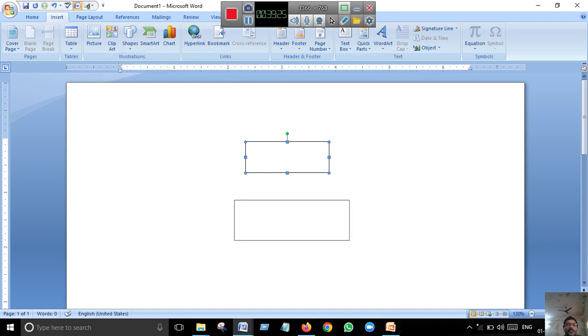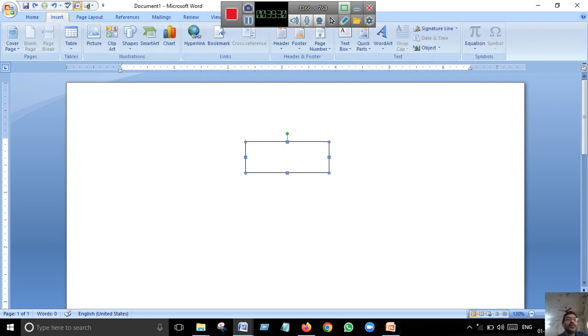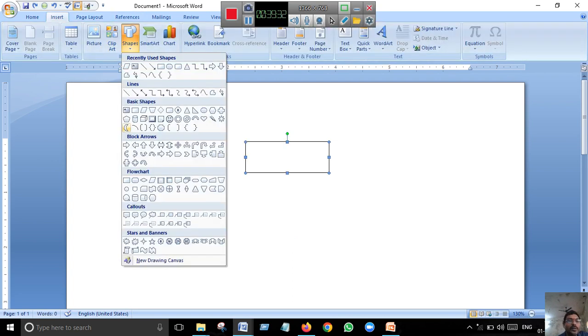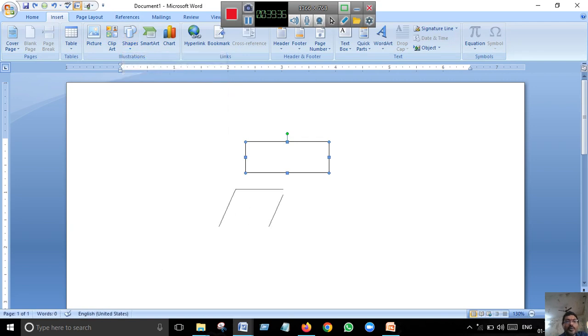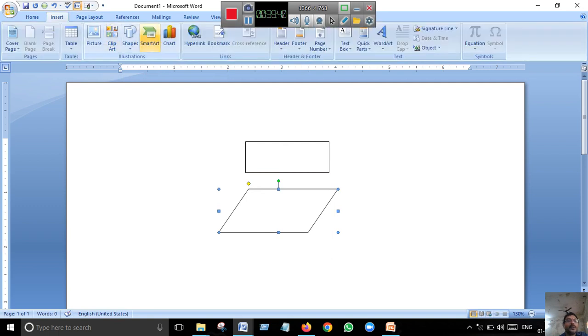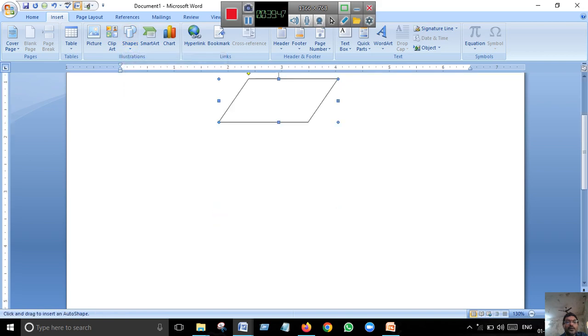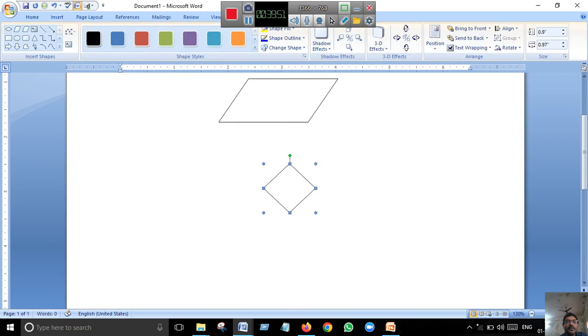This is the input symbol. This is the process symbol.